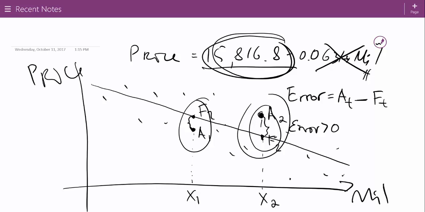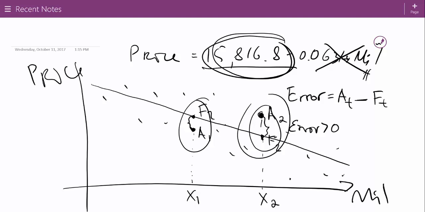So therefore, my model is too optimistic. It tends to over-predict the prices, right? It's biased. I want reasonable balance, right? I want 50-50, roughly speaking. Half of my errors should be positive, half of my errors should be negative. So if I add them together, they kind of cancel each other, and on average, in a sense, I'm getting